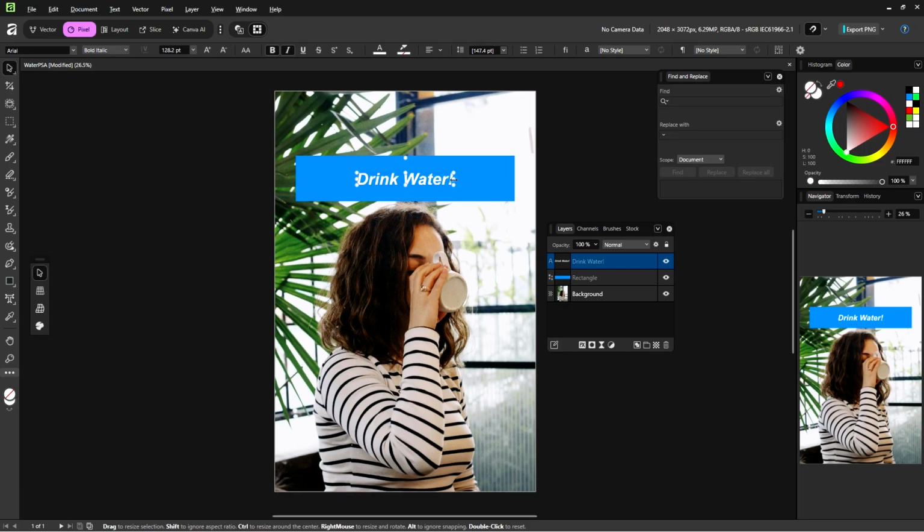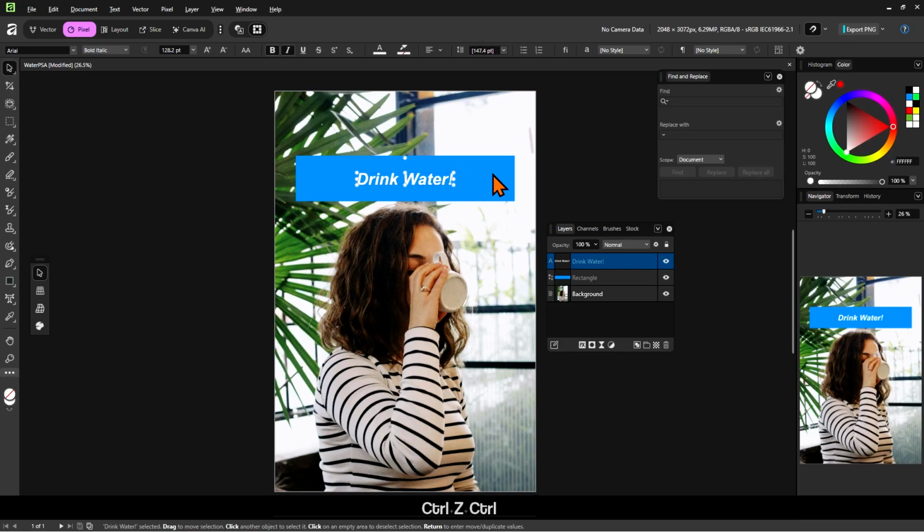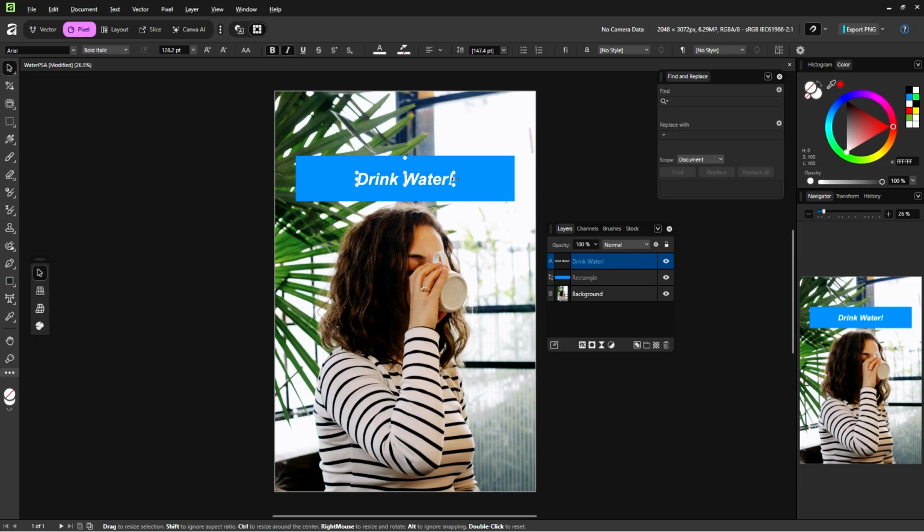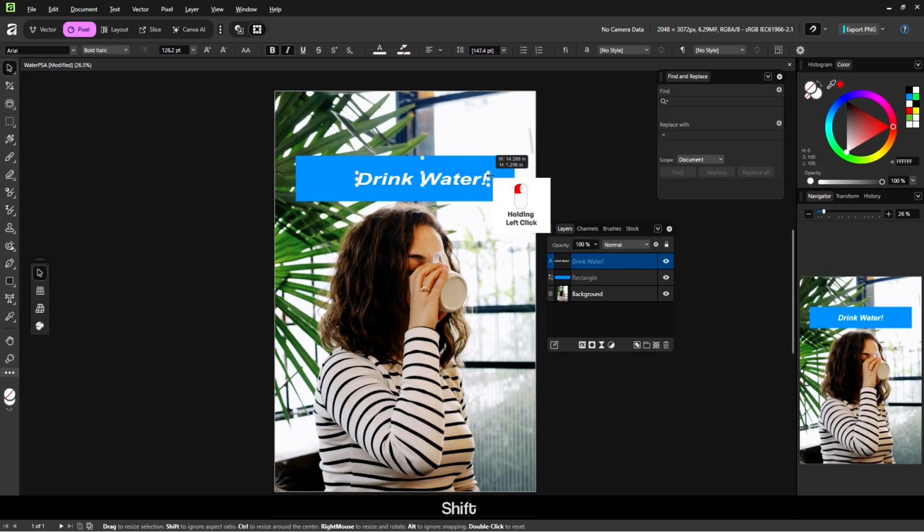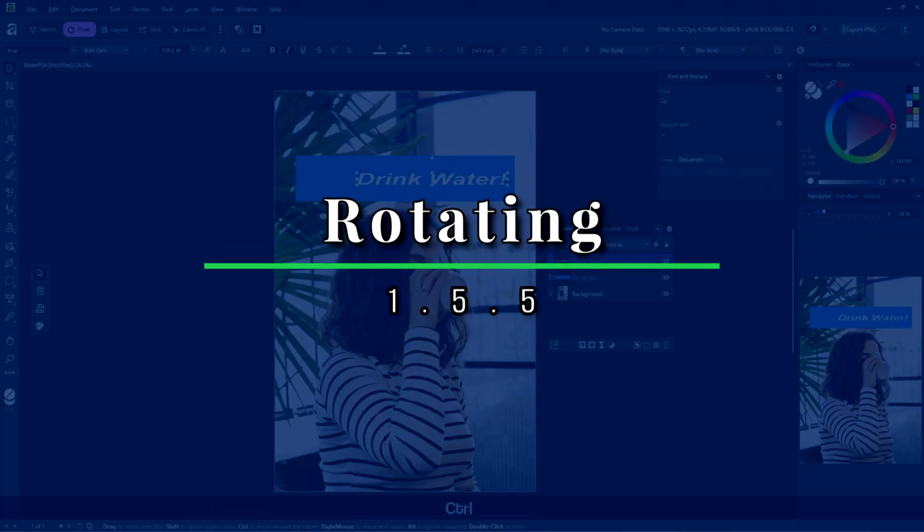Now, if you try dragging out one of these circles at the left or right, as you can see, it constrains the proportion so that it doesn't stretch out the object, so to speak. But what if you do want to stretch the object anyway? Well, you can hold shift and then it will stretch out your object instead of just scaling down or up while constraining the proportions. And as you can see, it really looks ridiculous. You probably don't want this, and neither do I, so I'll undo.